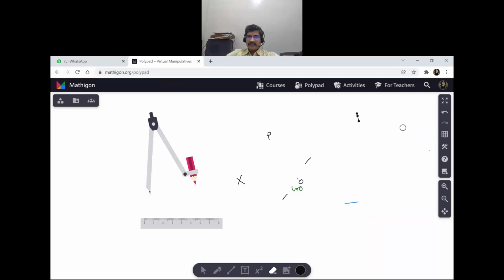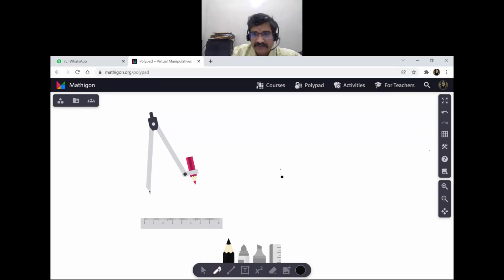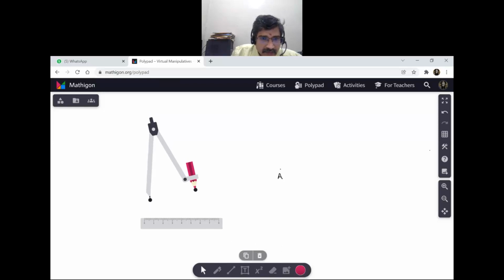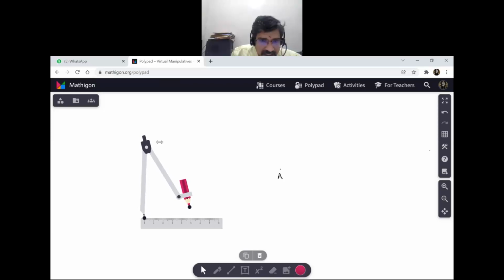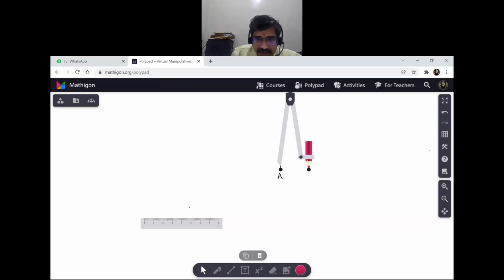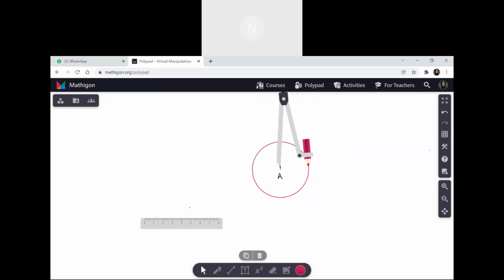And we will go for drawing first a circle. I have taken a point, point A. We have to draw the circle with any length, any one fixed radius. I am taking a radius of 3 centimeter. We can make a 2 centimeter or 6 centimeter circle too, we can make it any. This circle I have taken.